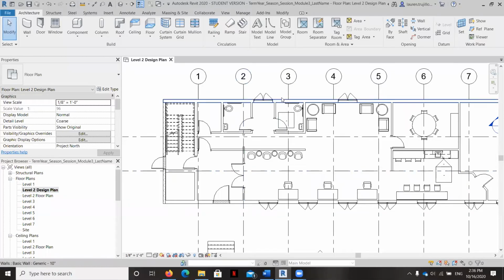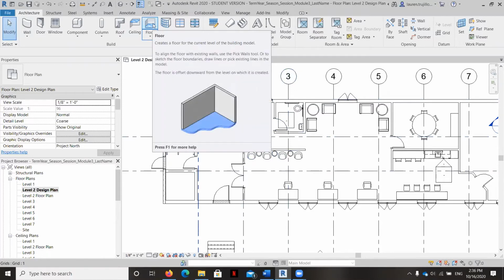In this video, I'm going to teach you how to create a floor finish layer, so that you will be able to indicate the different flooring types on your design plan. What I'm going to do is begin by creating a generic floor finish layer, and it's going to be 1 inch thick, and it's going to be used to indicate all of the different floor finishes available.